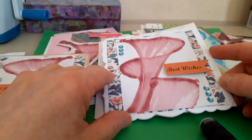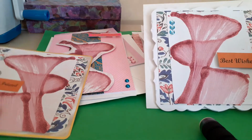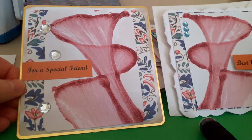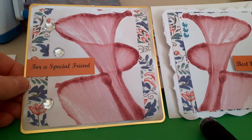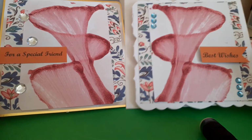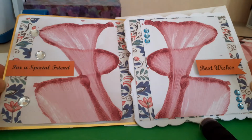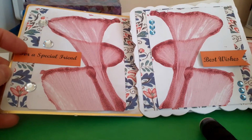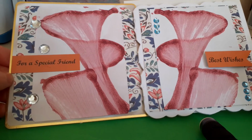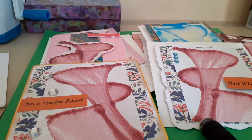One I used a fancy card which I had in my stash, and the other one is also a card base that I had in my stash, which has this gold edging to it. And then I just tried to find some sentiments which kind of blended in with all the other colours. So I ended up using these, a sort of orangey colour. So that's all that I made with this